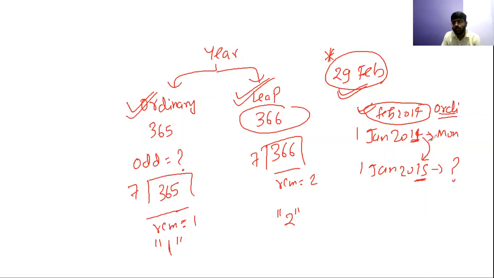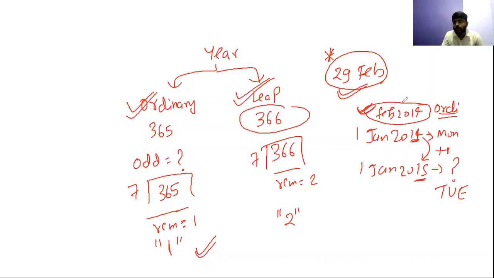So when you are crossing an ordinary year, you will just add 1 here, because in an ordinary year we have one odd day. Here I have discussed, in an ordinary year we have one odd day. So I will just add 1 to Monday, and the answer for my question will be Tuesday. I hope it's simple to understand. It's not very difficult. It's not rocket science. But the thing is, you need to check which year's February you are crossing. If you are crossing the February of 14, it's ordinary.